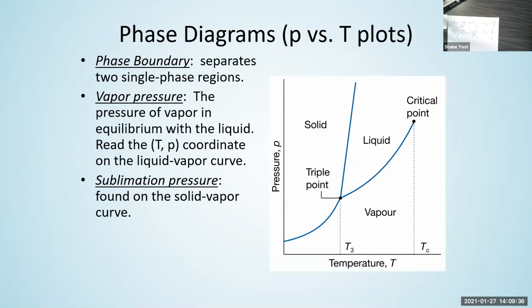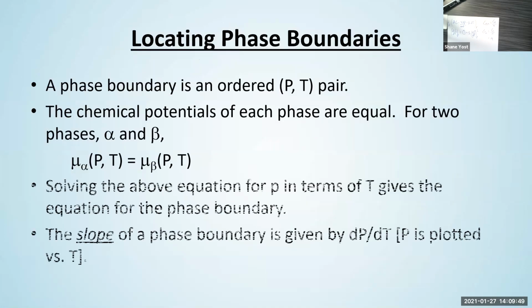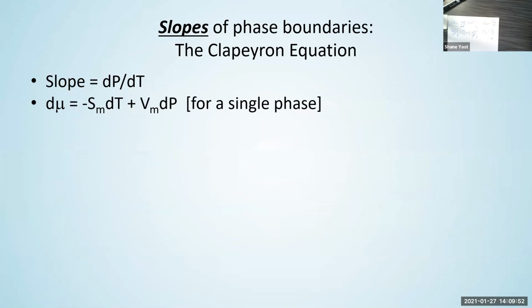So again, the slope of these phase boundaries is the change in pressure with respect to change in temperature, dP/dT. And if we're interested in that slope,